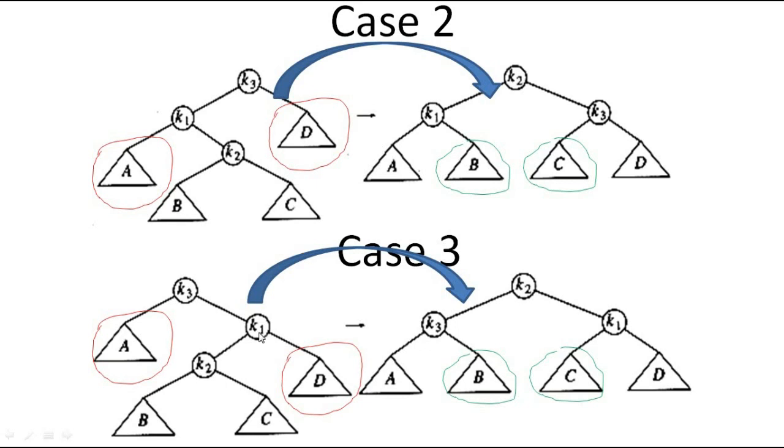So you can remember this rotation very easily. For left right rotation, it's present in root is K3, K1, K2. Now it's rearranged into the K1, K2 and K3. So here also the root is K3, K1 and K2, same as case 2. Now the case 3 is relocated into the K3, K2 and K1. That's all.